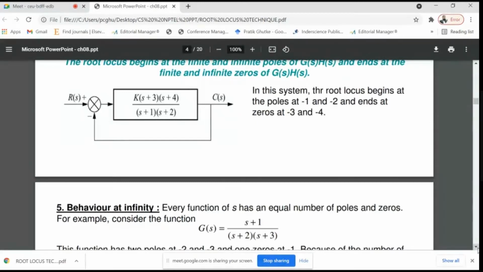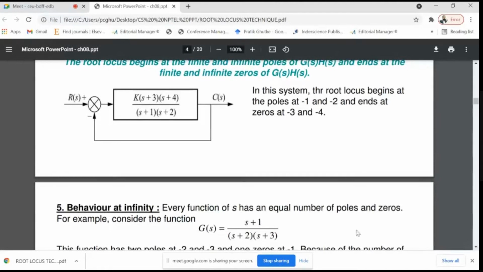Two poles at minus 2 and minus 3. They are your poles. Yes, Kanchan, absolutely right. Minus 2 and minus 3 are your poles, and s equals minus 1 is your zero. Means in this transfer function, there are two poles and one zero. Keep that in mind: PD, poles denominator. Poles always lie on the denominator and zeros lie on the numerator side. Yes, keep that in mind.